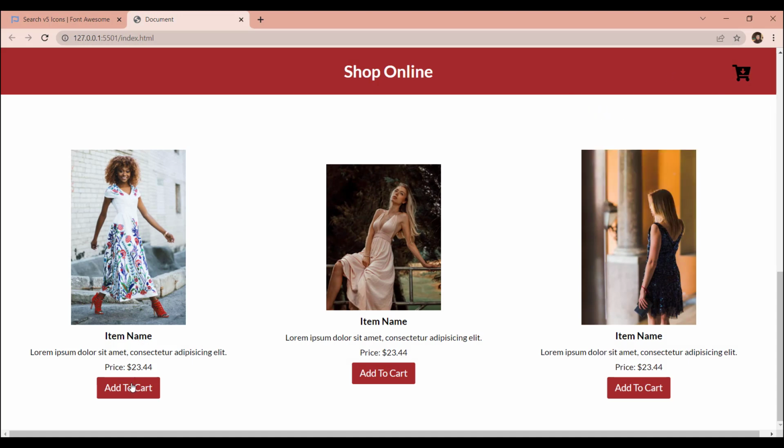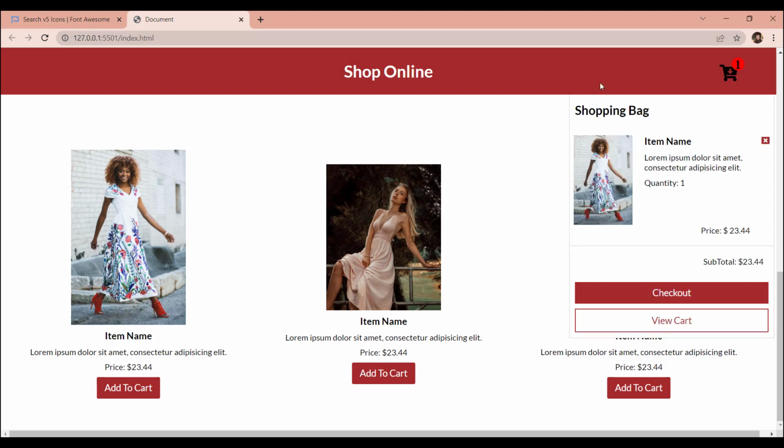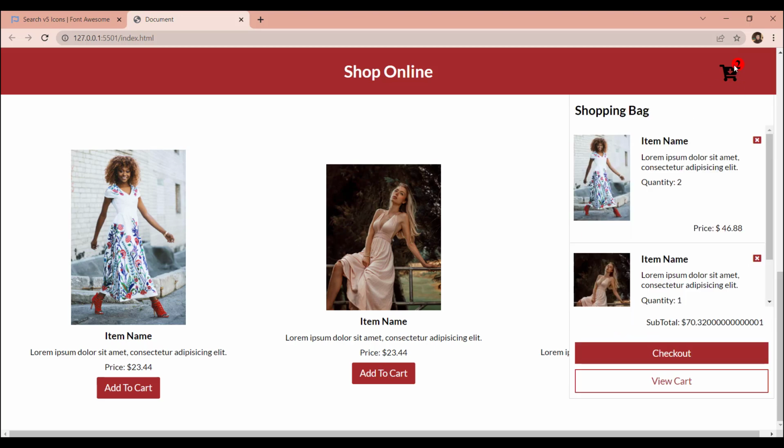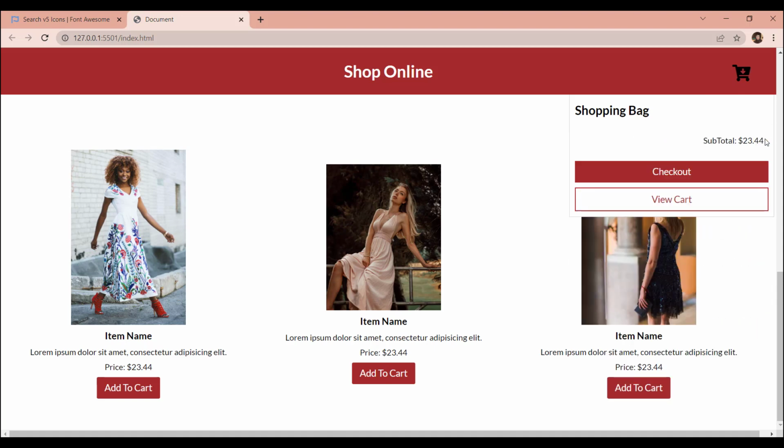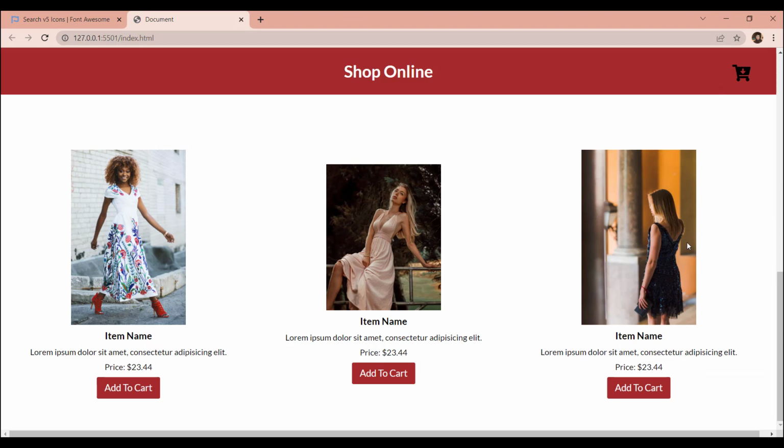Let's click and append an element. Okay, 1. Increasing the quantity updates the total price and the subtotal, and the number is still 1. Let's add another product. The number got updated. Let's remove it. Everything is working fine. The only thing we now need to tweak a bit is that we have to somehow round the total so that we are not able to see such a long number after the decimal point